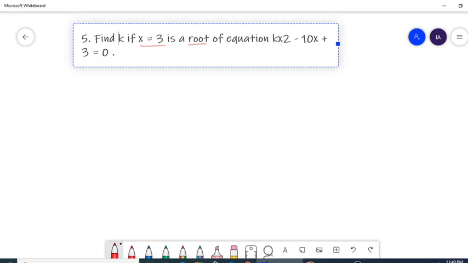The equation is kx square minus 10x. So this is kx square. Remember that. kx square minus 10x plus 3 equals 0. This is my given equation. So if x equals 3 is one of the roots of this equation, definitely this 3 will satisfy the given equation. So in that case, here we can say since